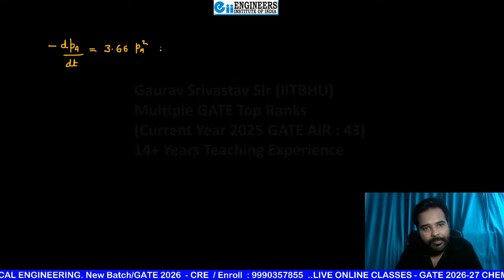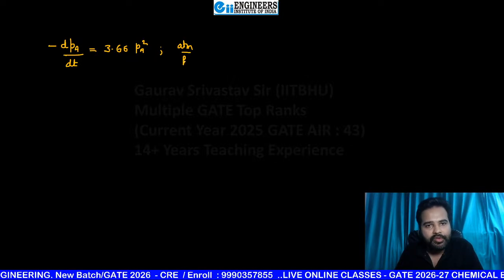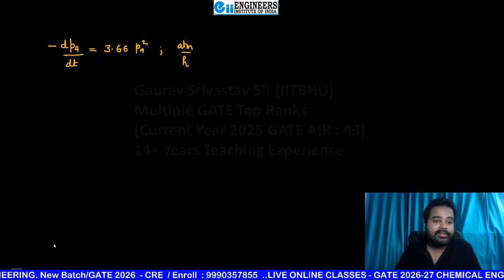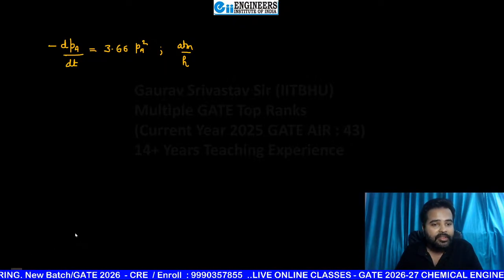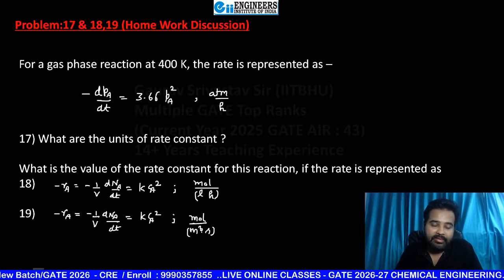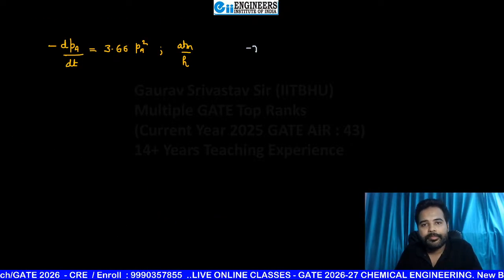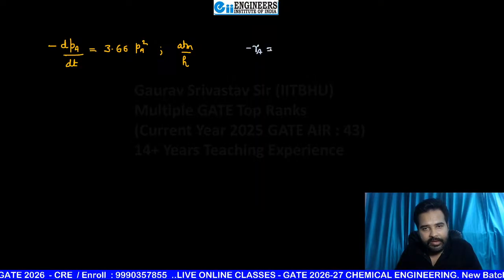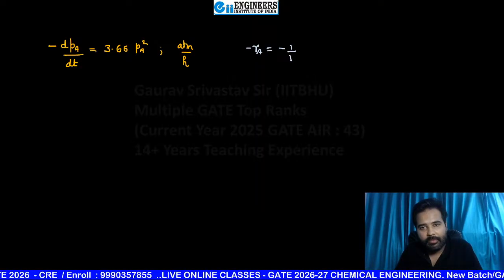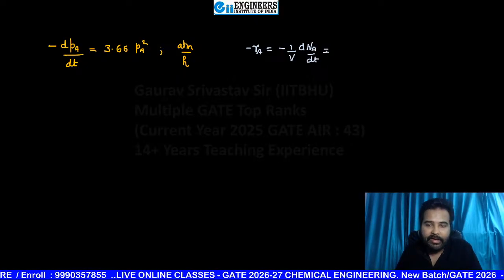This is our equation already given with our problem, and this time we want to write this expression as first number C, 18th number, minus RA is equals to minus 1 by V dNA by dt, and that becomes equals to